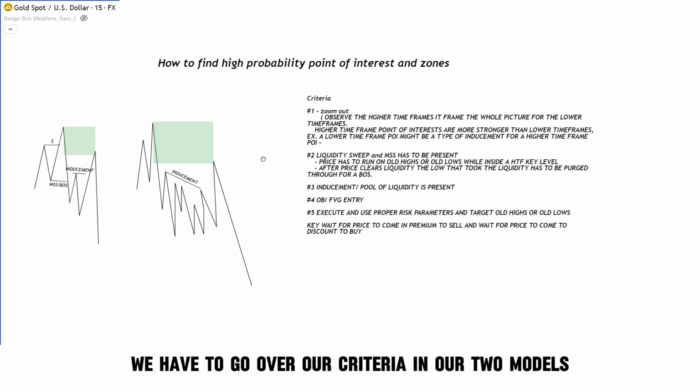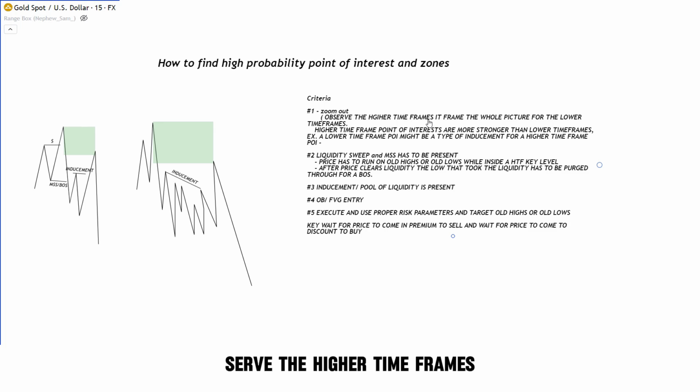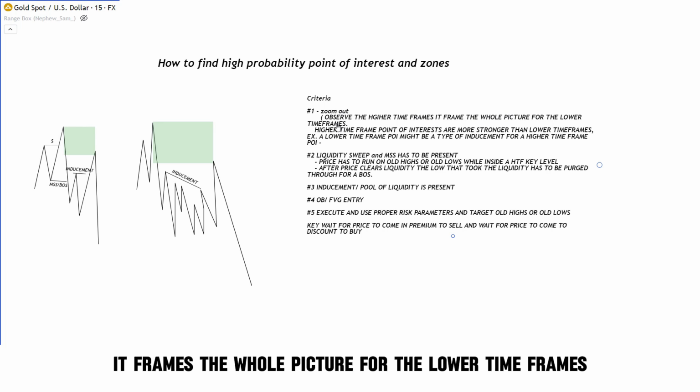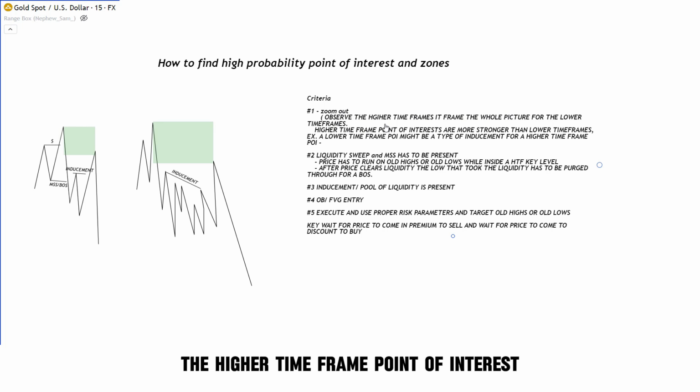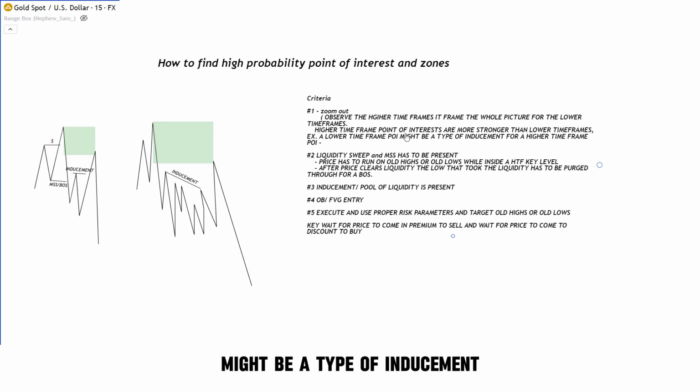Before we hop on the chart, first we have to go over our criteria in our two models. So our first criteria is that we zoom out, right? Observe the higher time frames. It frames the whole picture for the lower time frames. The higher time frame points of interest are stronger than the lower time frames. An example is a lower time frame point of interest might be a type of inducement for a higher time